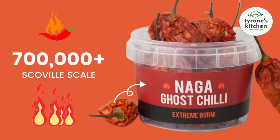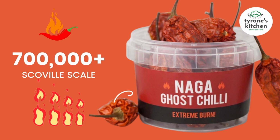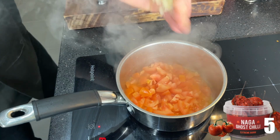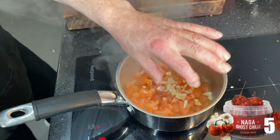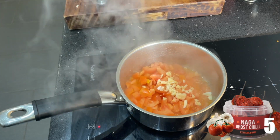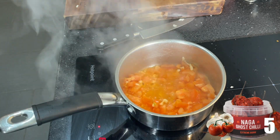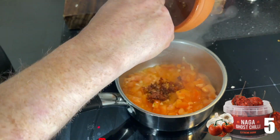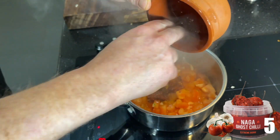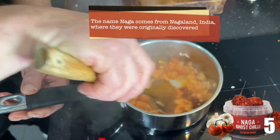Our next one, again in with the olive oil, 2 chopped tomatoes, 2 cloves of garlic, and we're going to cook that out for just about 2 minutes, let those tomatoes soften nicely. And into that we're going in with 2 Naga chillies. We're going to get all of those seeds in there because we want some good flavour. Give that about a minute or